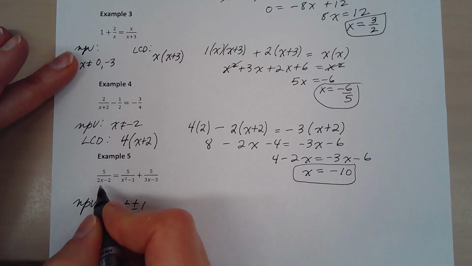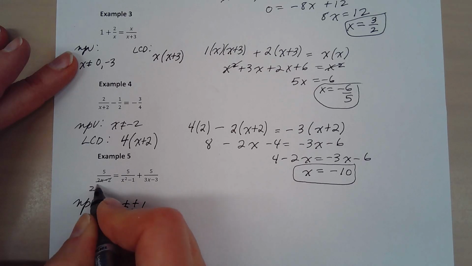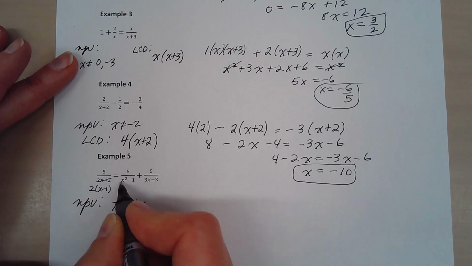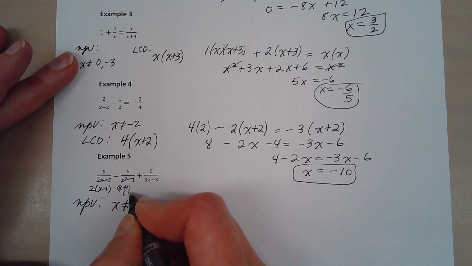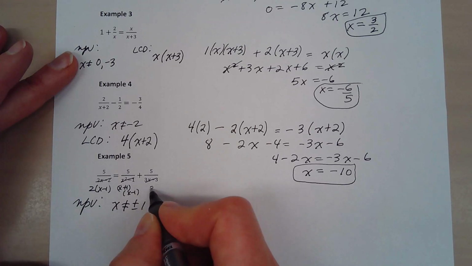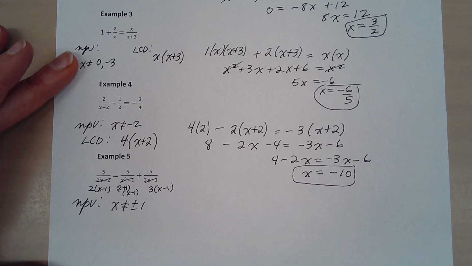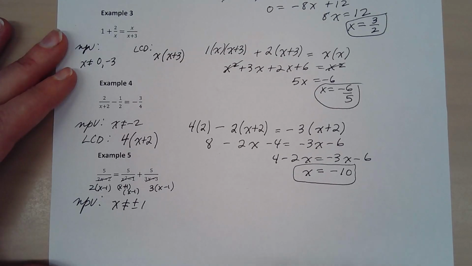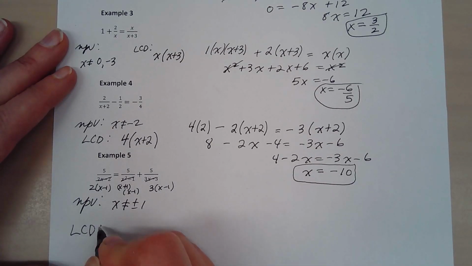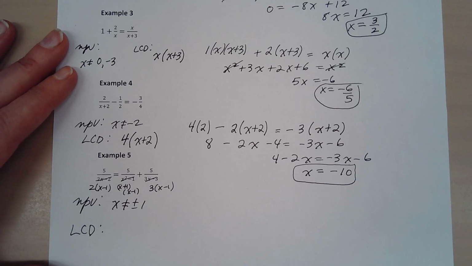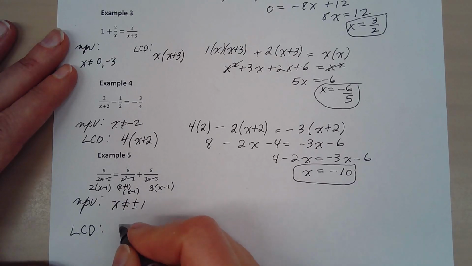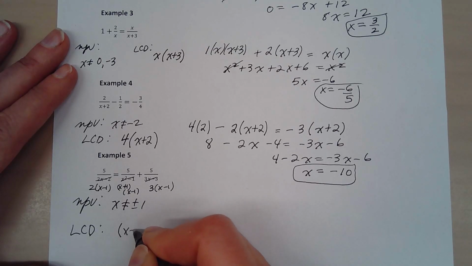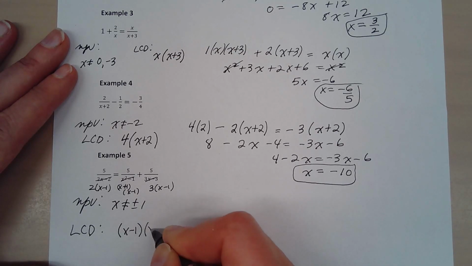So I would have factored, this becomes a 2x minus 1. This is my difference of squares, right? x plus 1, x minus 1. And this becomes 3x minus 1. Okay, so that helps me figure out my LCD for sure, because for my LCD I have to include each factor at least once. That's going to give me an LCD of x minus 1, x plus 1,